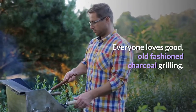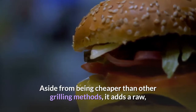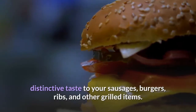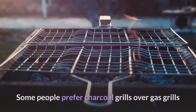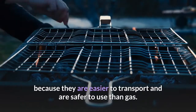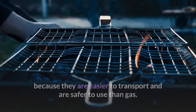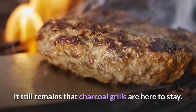Everyone loves good, old-fashioned charcoal grilling. Aside from being cheaper than other grilling methods, it adds a raw, distinctive taste to your sausages, burgers, ribs, and other grilled items. Some people prefer charcoal grills over gas grills because they are easier to transport and are safer to use than gas. While there are differences in opinion and preference among grillers, it still remains that charcoal grills